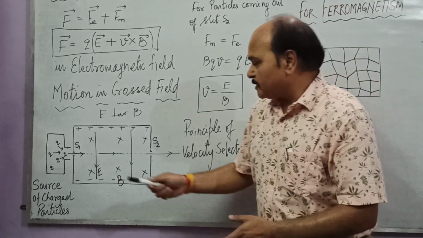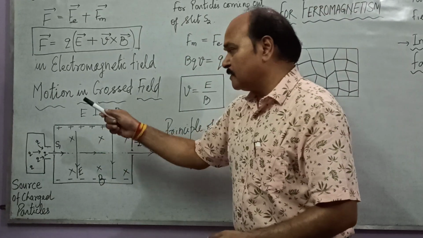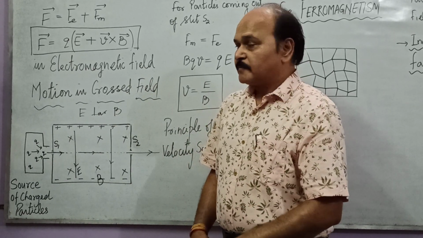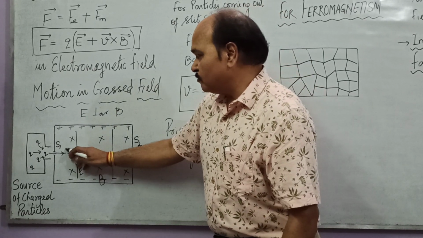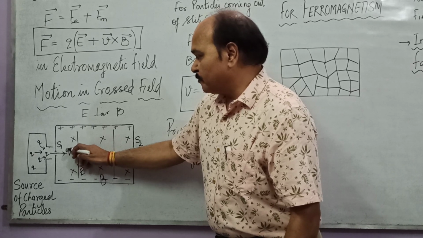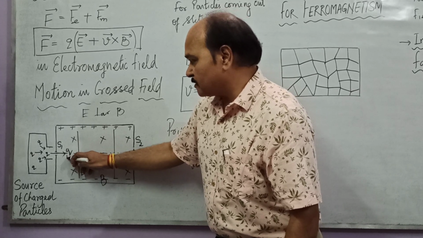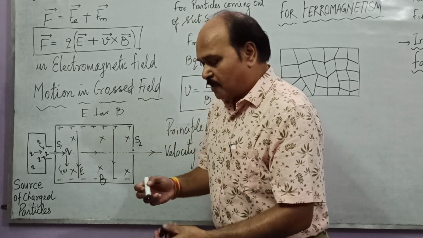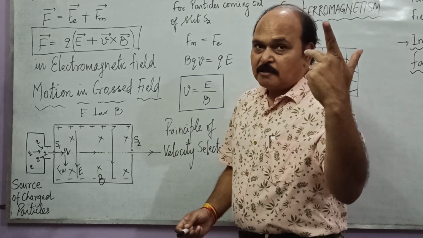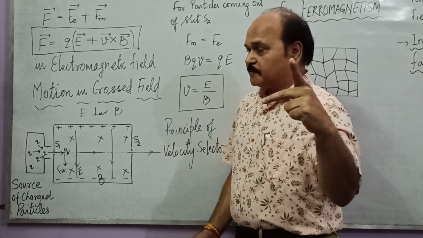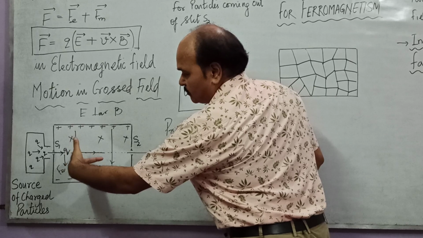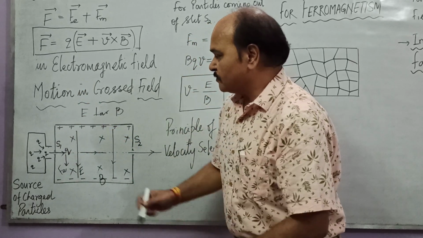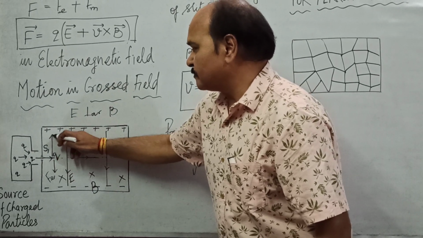As the charged particle passes through this slit into this region, it is acted upon by electric force as well as magnetic force. Well, if the charged particle is Q, it would be acted upon by electric force in the direction of the electric field, and that is vertically downward. And the magnetic force acting over the charged particle would be found out by Fleming's left hand rule. And what is that force? Magnetic field is cross, velocity is right, therefore the thumb is where? Up. So this is the direction of the magnetic force.